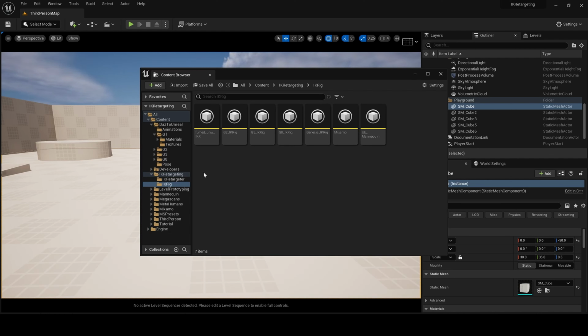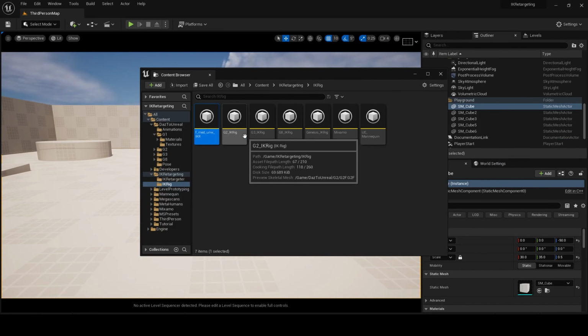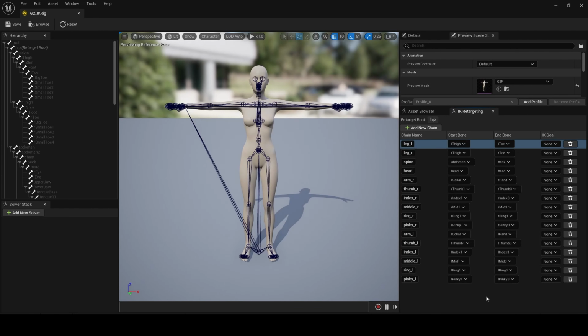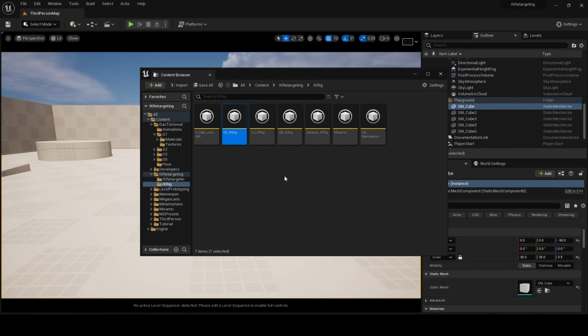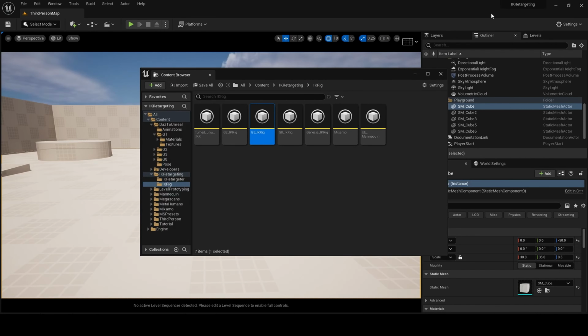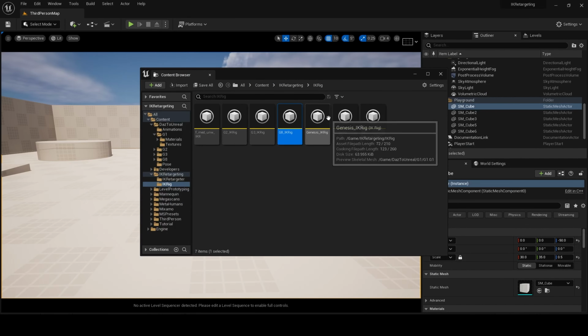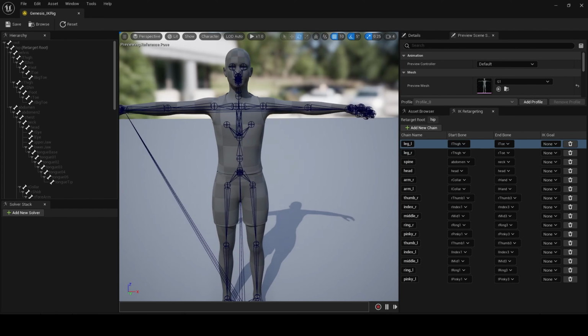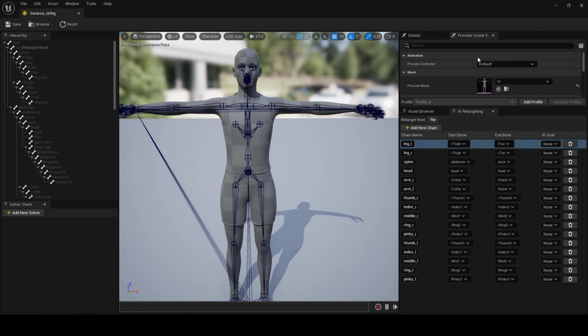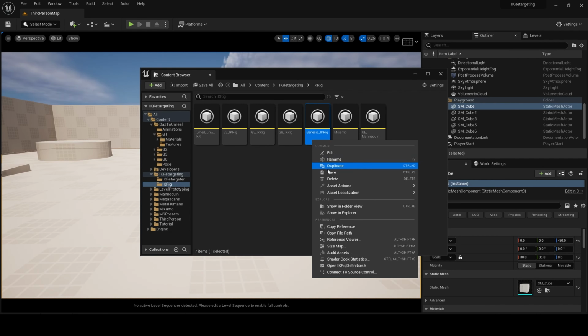So we have a MetaHuman IK rig there with all the chains already created. We have a Genesis 2 character with all the chains, Genesis 3 with all the chains, Genesis 8, and a Genesis IK rig for our Genesis character that we've just imported. Now I'm going to recreate this one, so we will just create a new one.